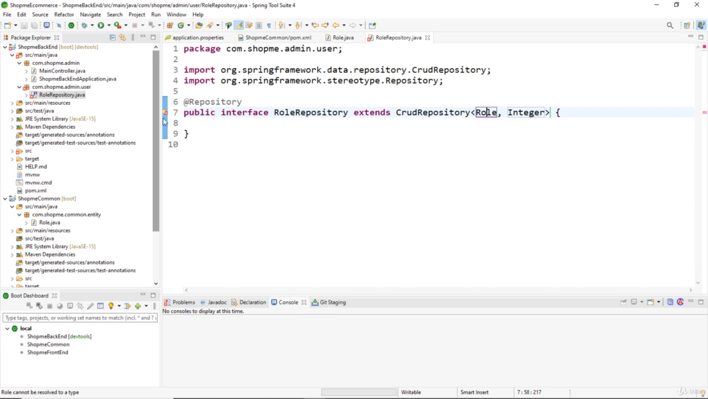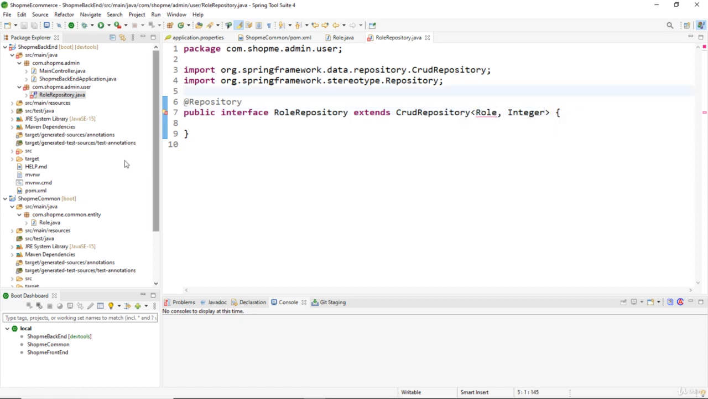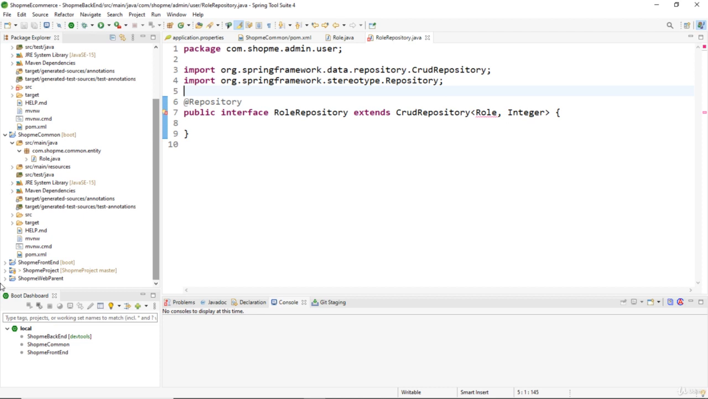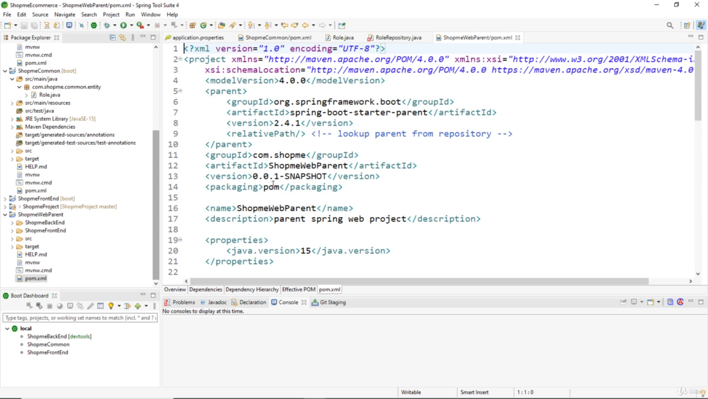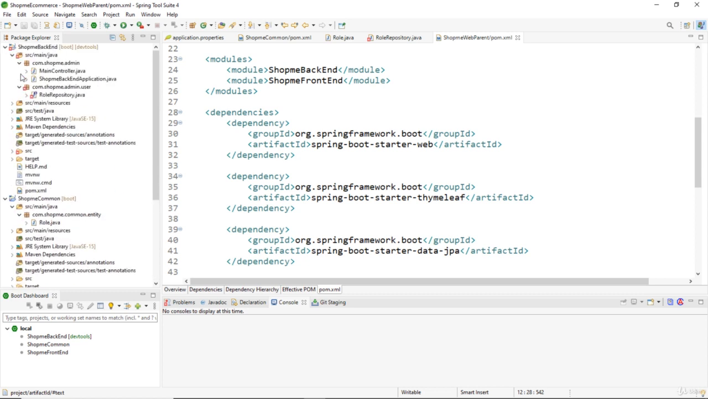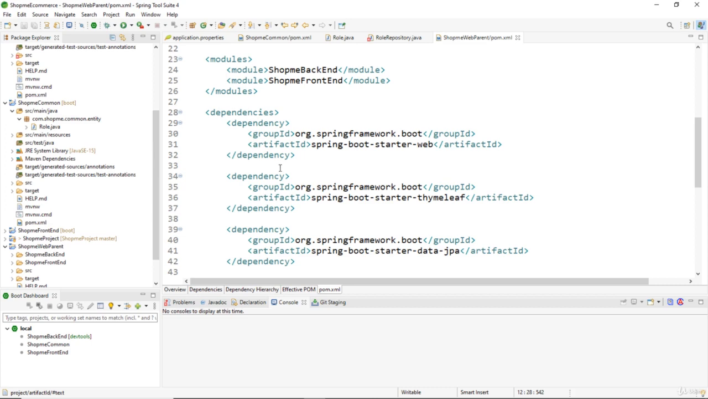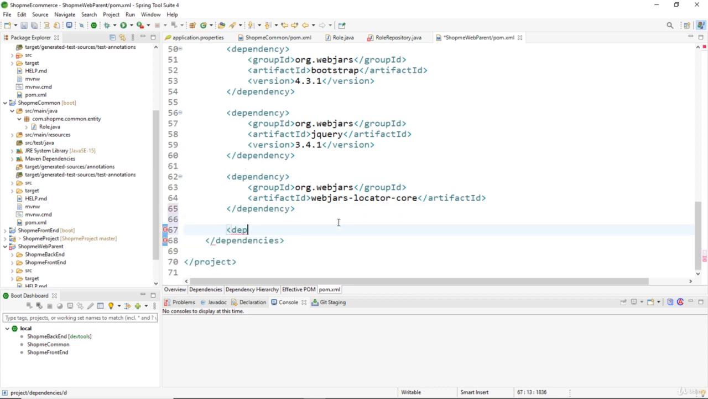You can see we don't have any references to the row class in the ShopMe common project. So to fix the issue, we need to go to the ShopMe web parent project, open this Maven project file, and we need to declare the dependency to the ShopMe common project here. So both the project ShopMe backend and ShopMe frontend, we inherit this dependency. Okay, so here we need to declare the dependency for the ShopMe common project here,